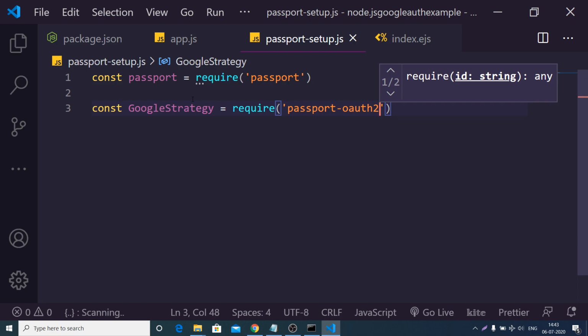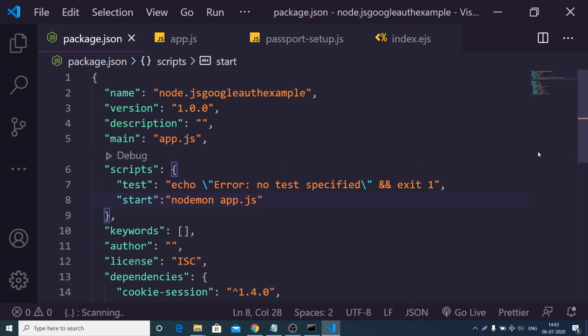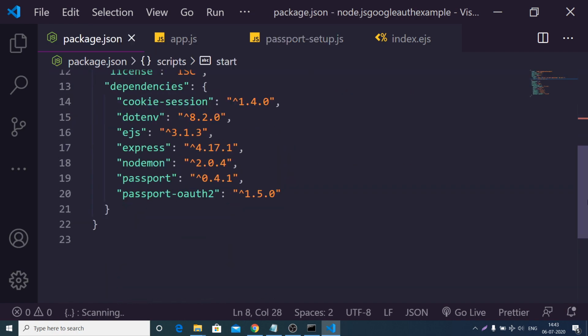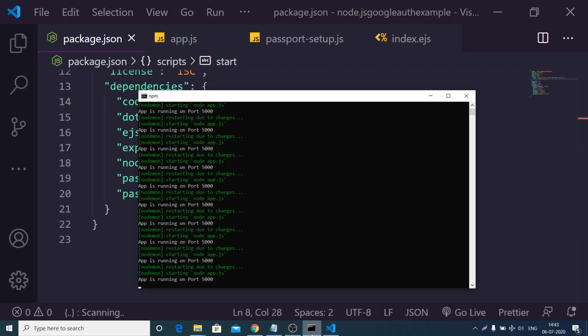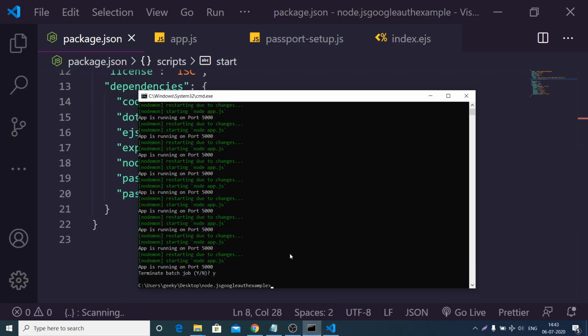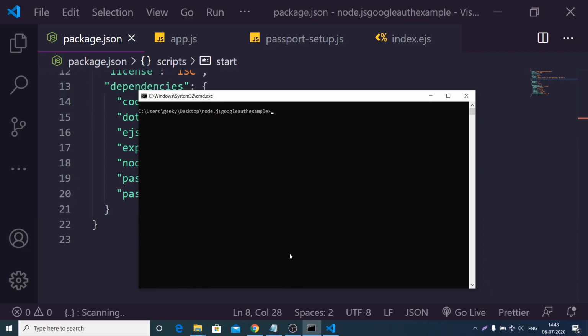I think we have installed an incorrect library. We need to install passport-google-oauth2. So let me just stop the application and write npm i passport-google-oauth2. This is the correct library.